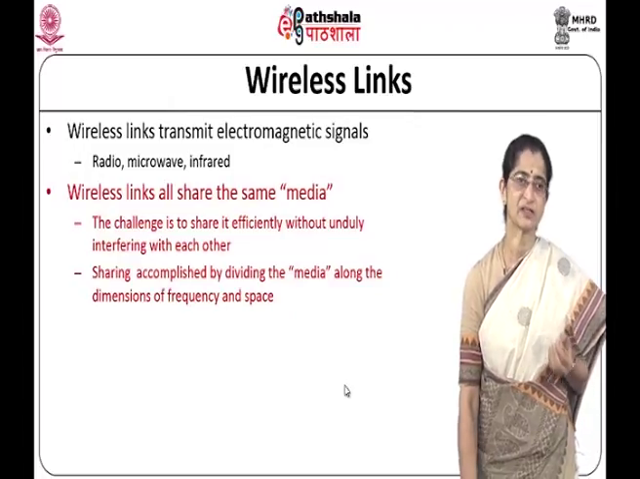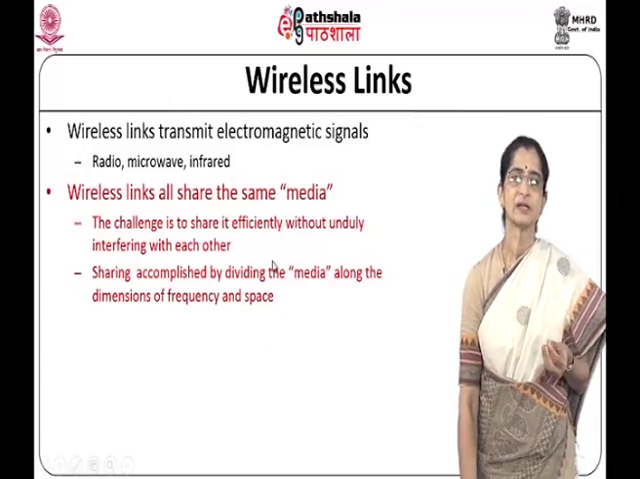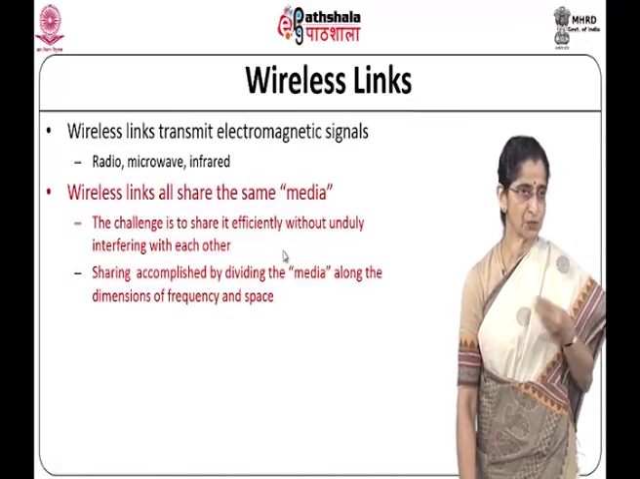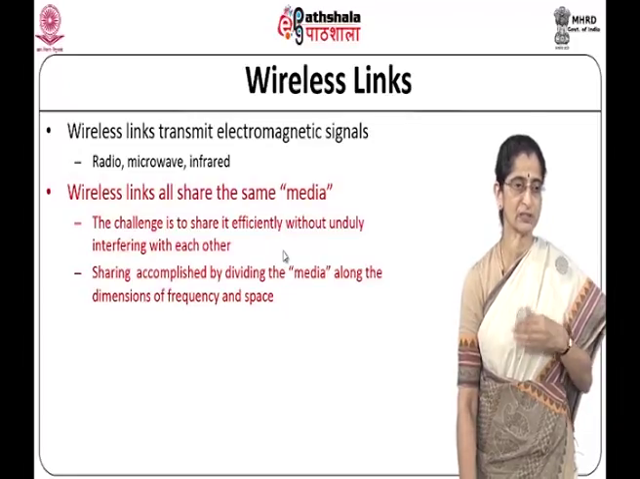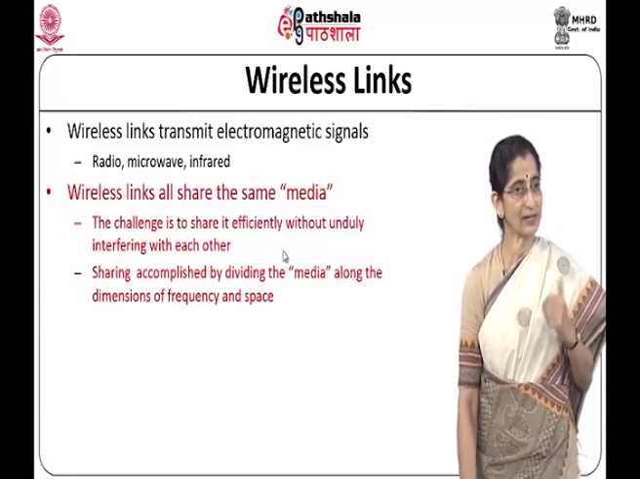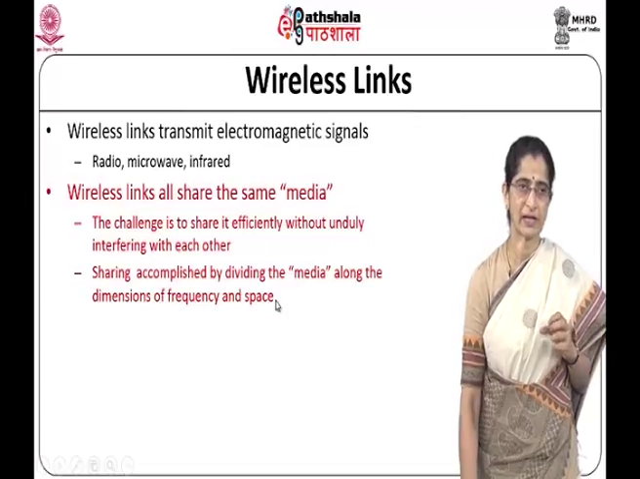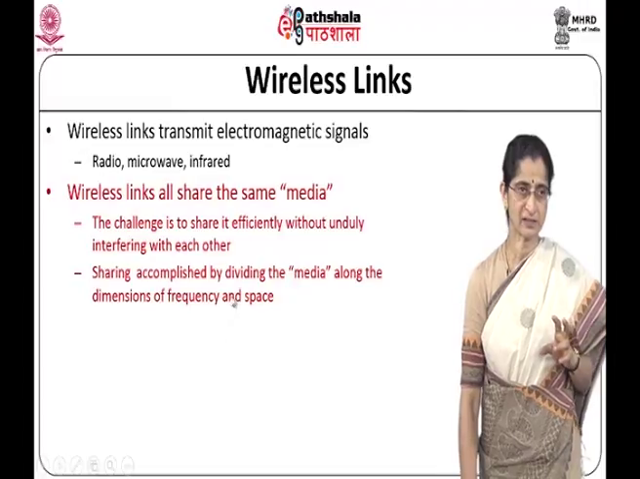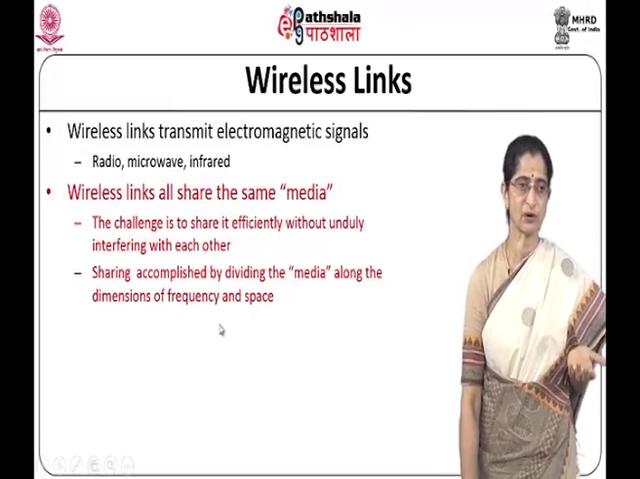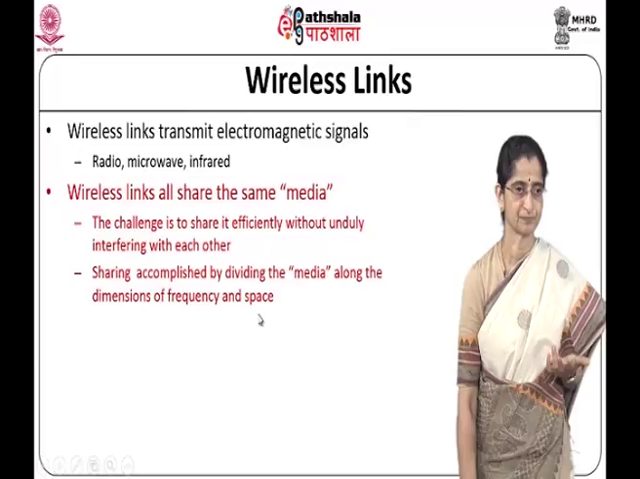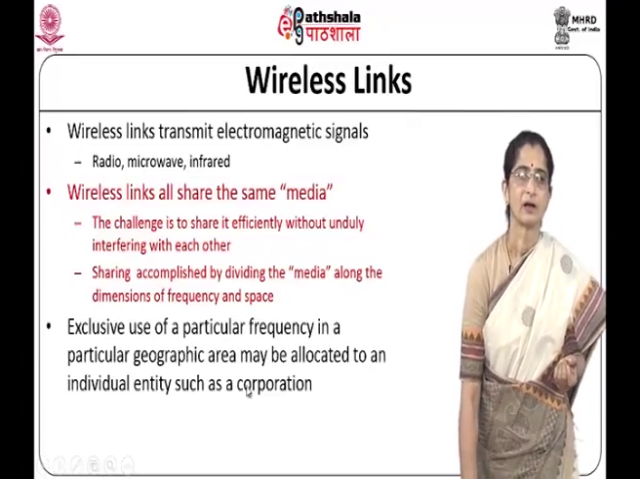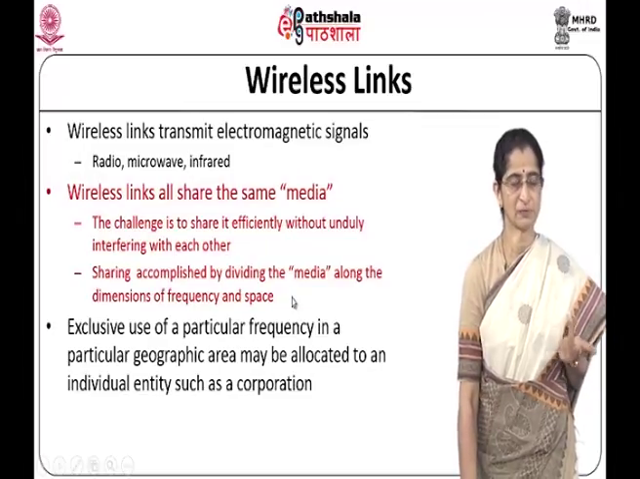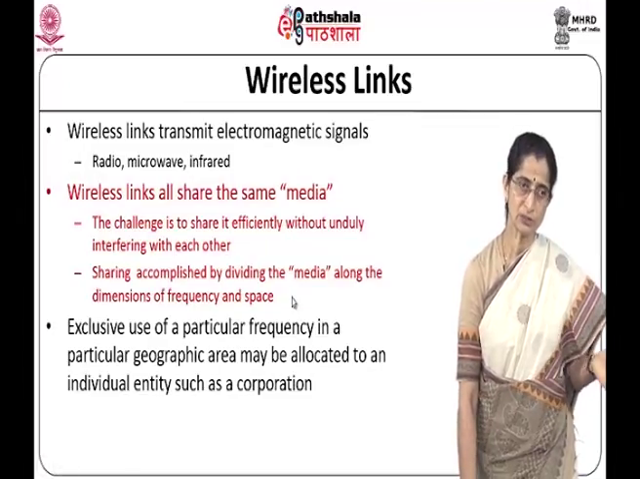So, the major challenge that we have when we talk of wireless networks is how efficiently we are able to share this media without having some undue interference between one another, okay. So that the different devices which are transmitting do not interfere with one another. So, we need to figure out mechanisms by which that interference can be minimized. Normally, the sharing is accomplished by dividing the media either along the dimensions of frequency or space, okay. This is typically what we do. And of course, time also is another factor. So, we could do either time division multiplexing or frequency division multiplexing or space division multiplexing in order to share